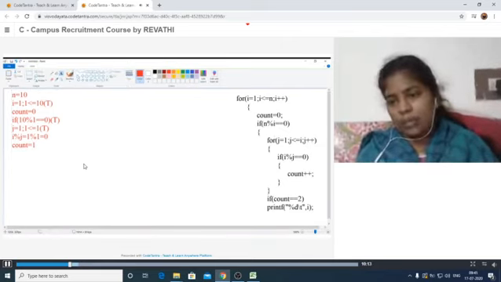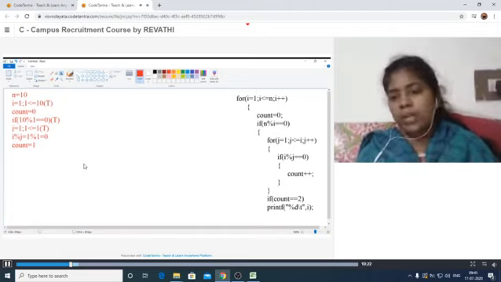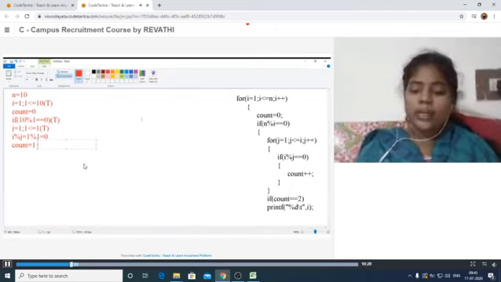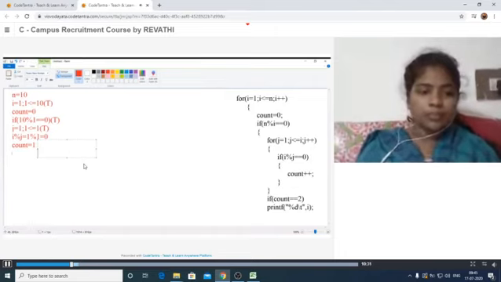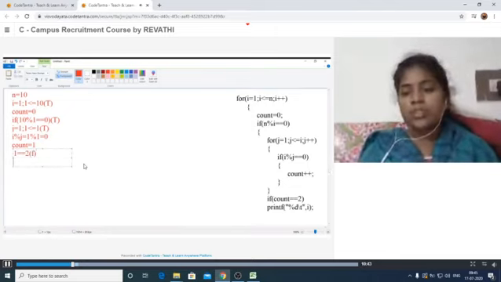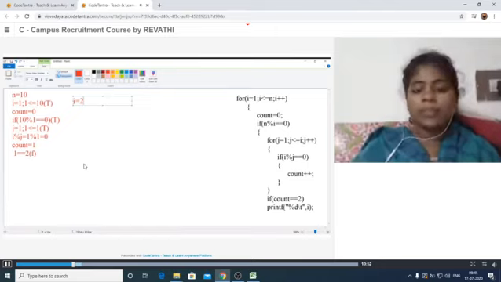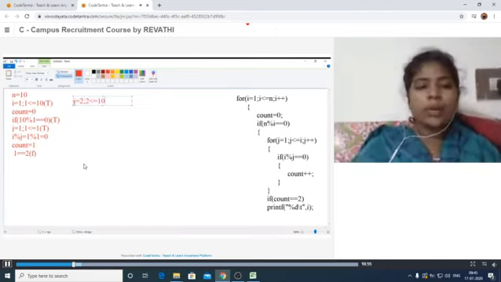That means first we have to check the condition of the inner loop. Whenever this inner loop condition is false, then only it will move to the outer block. Now 2 less than or equal to 1, the condition is false here, so it directly comes to the if condition, and here it is checking that count is equal to 2. The count value is 1, 1 is equal to 2, the condition is false here. Okay, condition is false means it will not print anything here. Then move to the for loop, then again i can be incremented by 1, that is i is equal to 2 here. Then 2 less than or equal to 10, the condition is true.